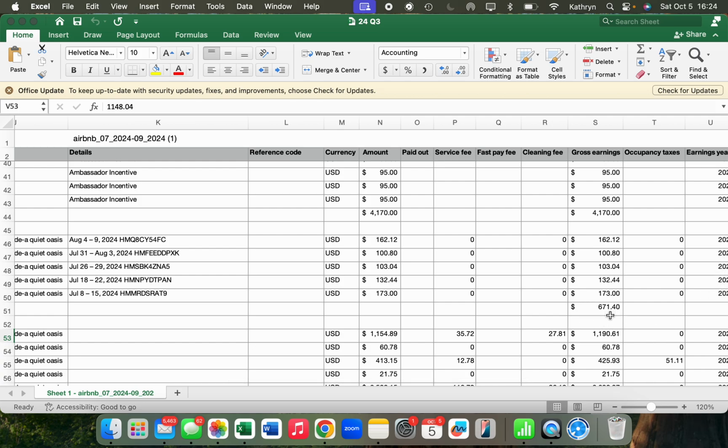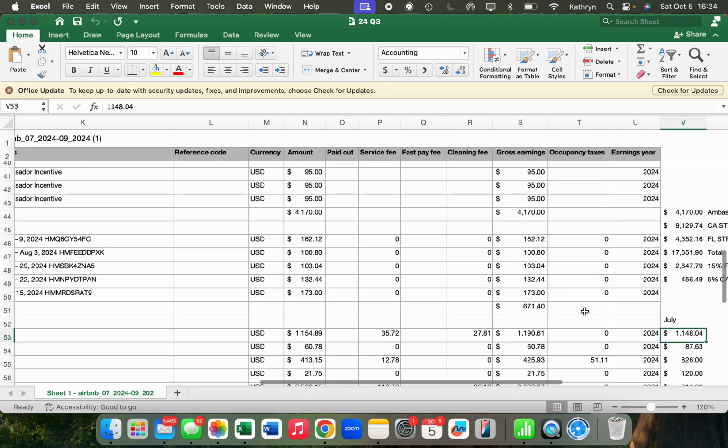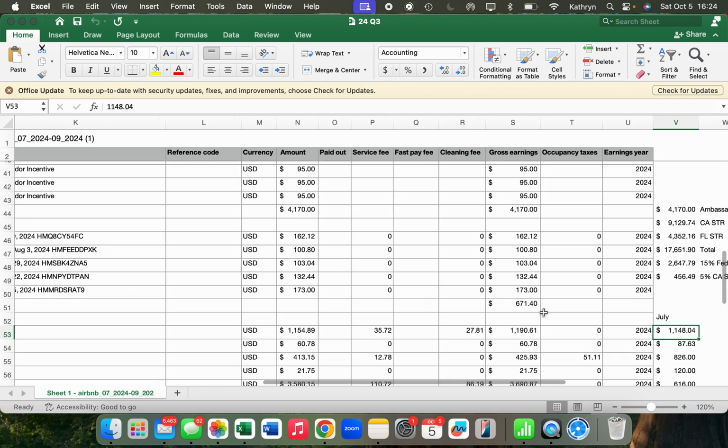They will determine how much tax they think the city deserves or is owed. But this is a sizable chunk of money that the guests paid and not you. So I really encourage you to take the time. You just set it up once, and then after that, the process is automated, and Airbnb will just automatically collect